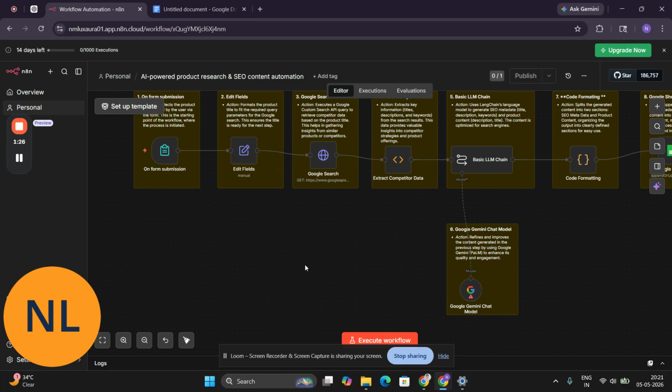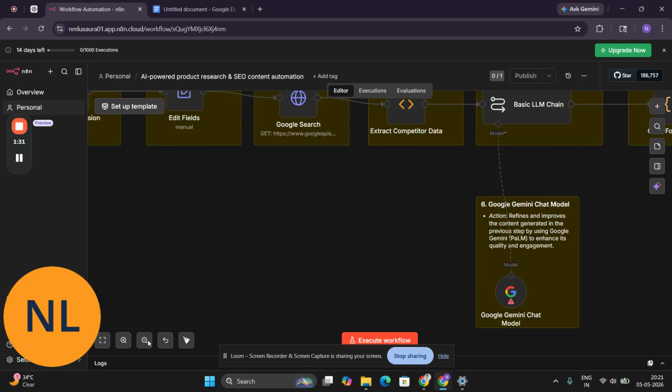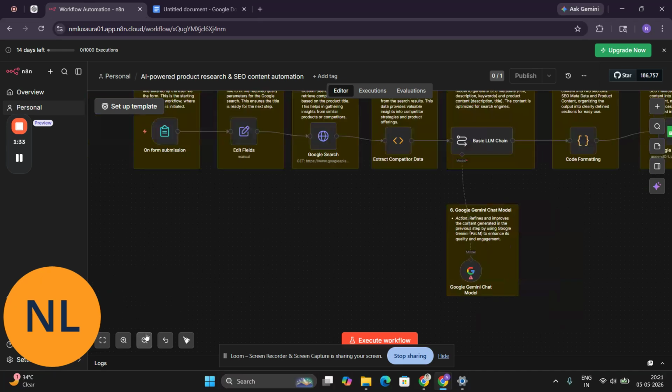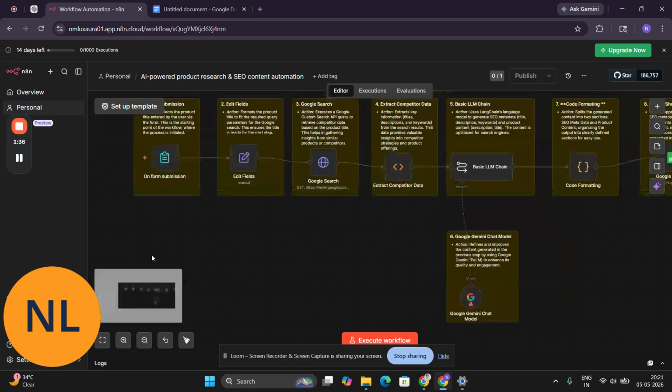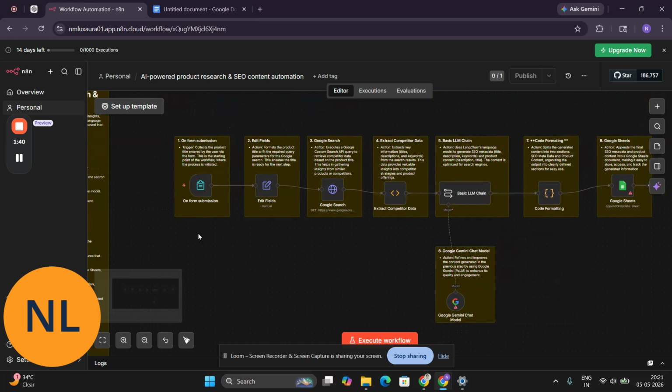As you can see in this automation, first of all, the user input is taken via a form submission. As soon as the trigger collects the product title entered by the user, who is you, a content creator, a business analyst, a product analyst, or anyone, this is the starting point of the workflow where the process is initiated.